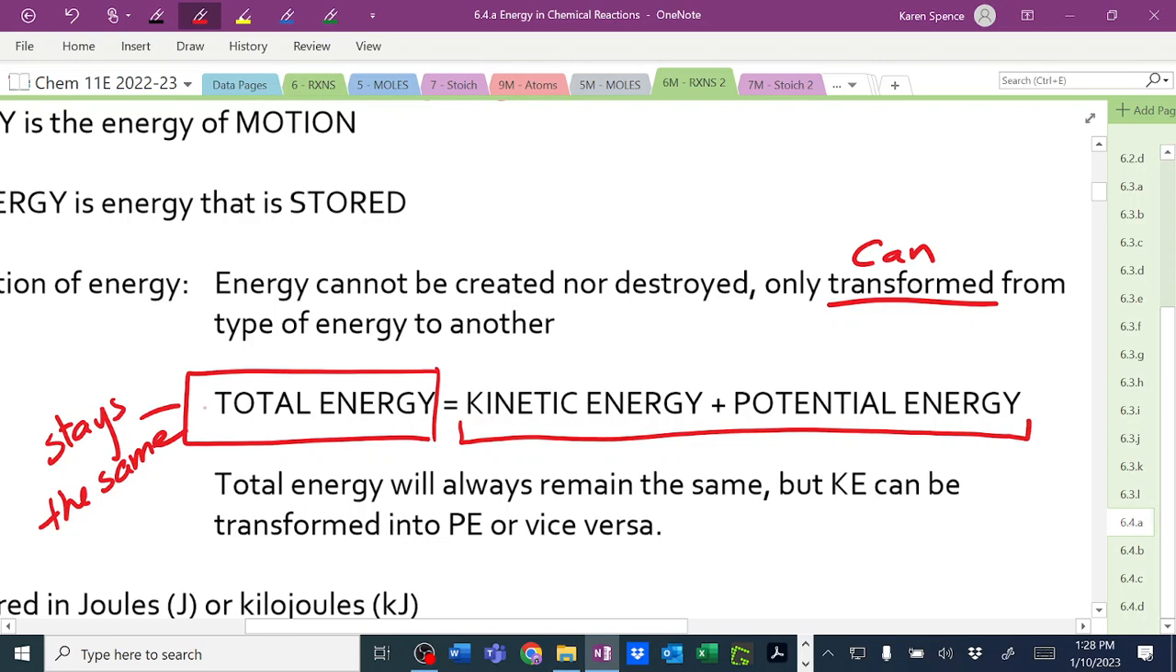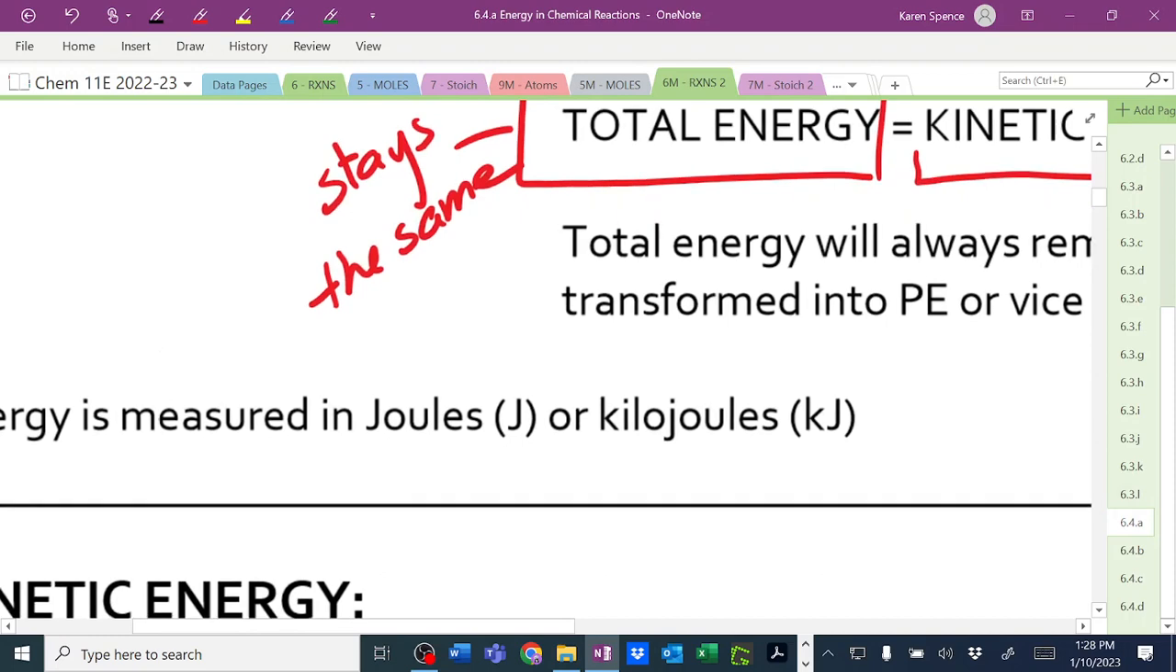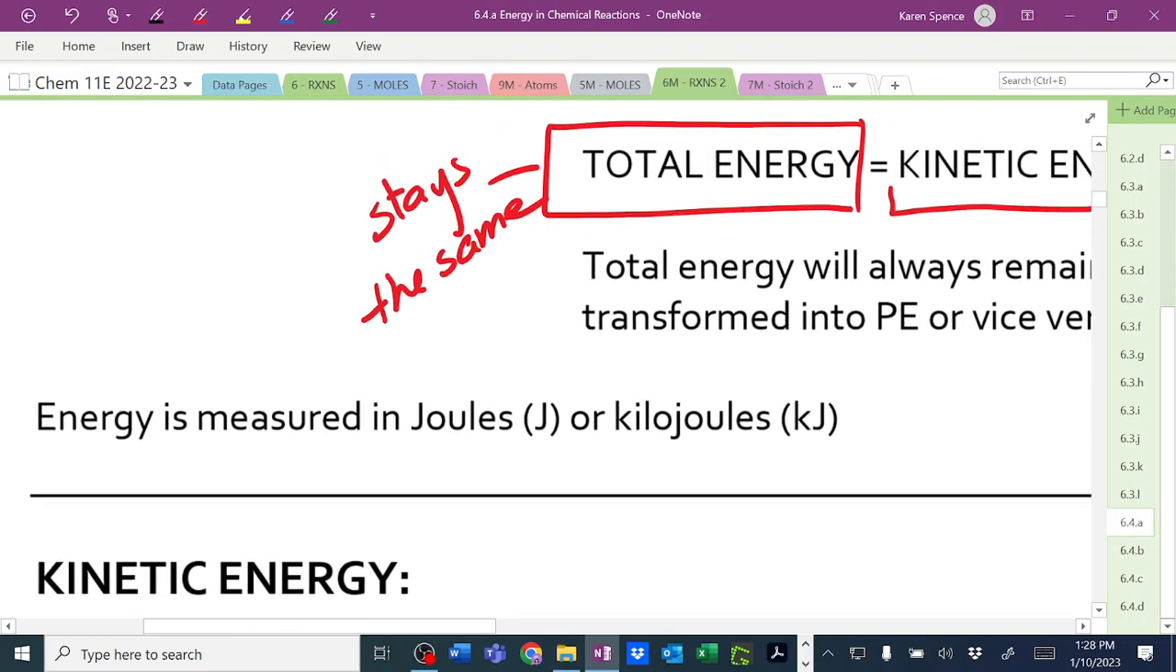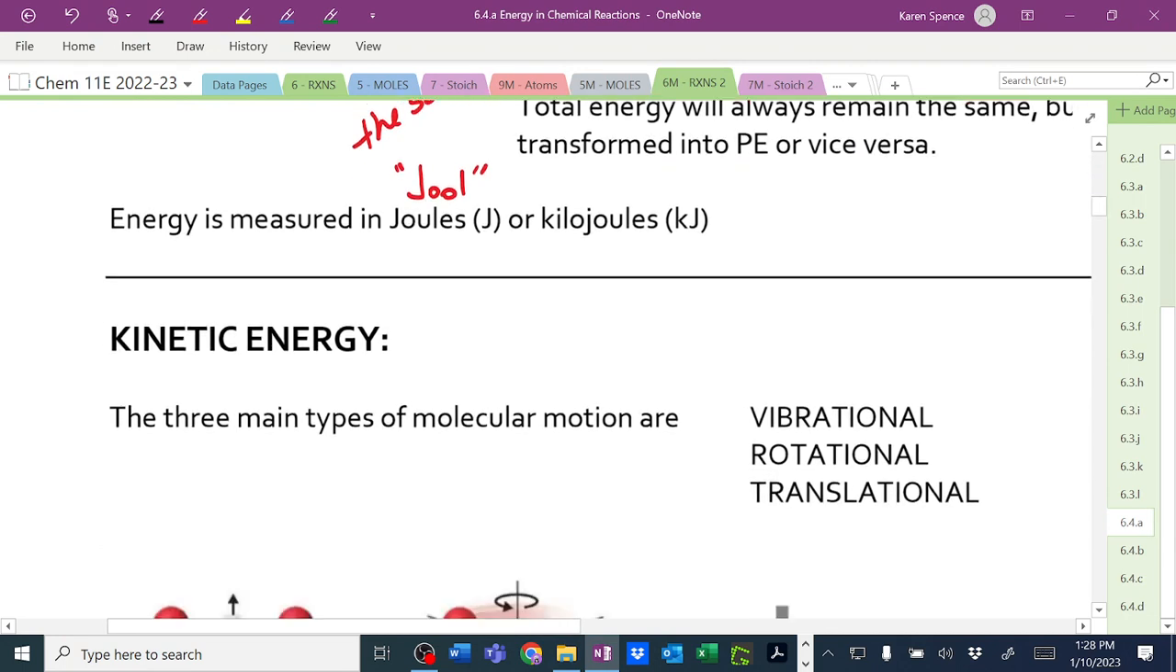Do you know the unit of energy? That is the joule or the kilojoule. Okay, it's pronounced joule or kilojoule. So this part here is not going to be on any test, but it's sort of nice to know